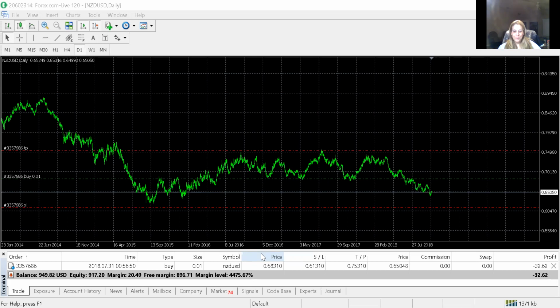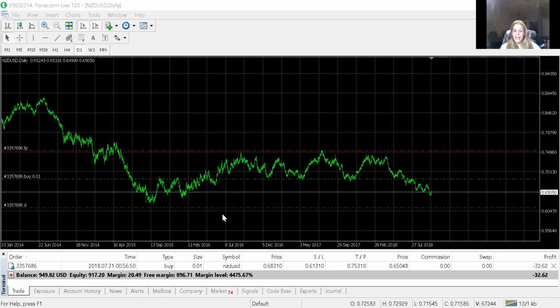Let me explain. This trade is actually a buy, and it's at a 0.01 lot size, meaning that the last 4 digits after the decimal point are actually 0. So it's not going to affect our trading any. With the entry price being at 0.68310,